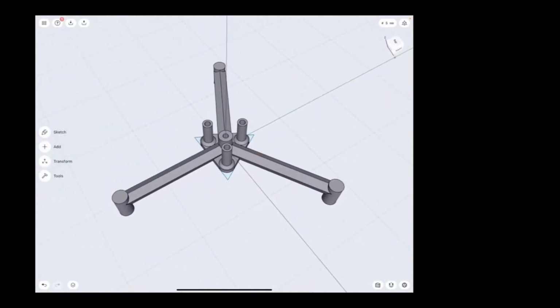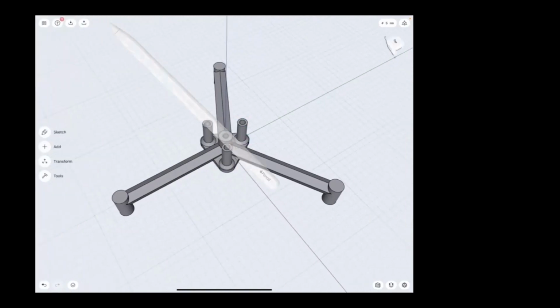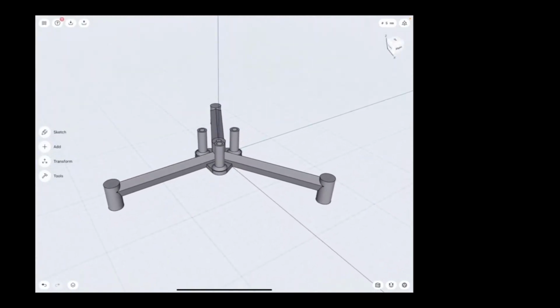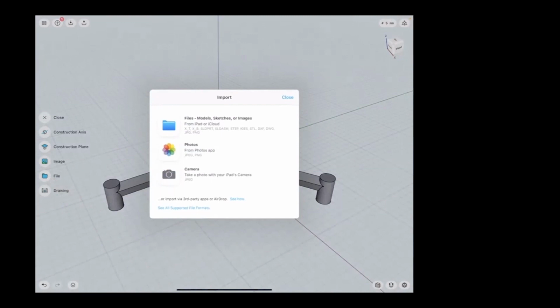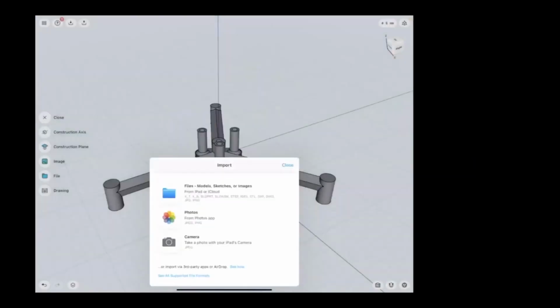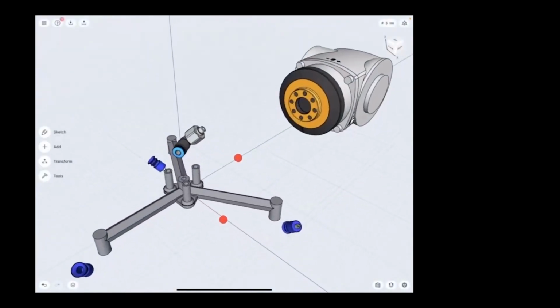on to some alignment. But before doing that, let me clean up the workspace again and import some reference parts to make sure that there will be no interference between the construction parts and the mounted parts. As you can see, you can import step or edges in the workspace. I have a prepared Shaper 3D workspace here with the vacuum parts and the end of the robotic arm.